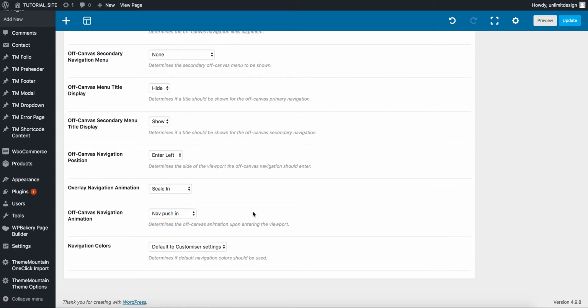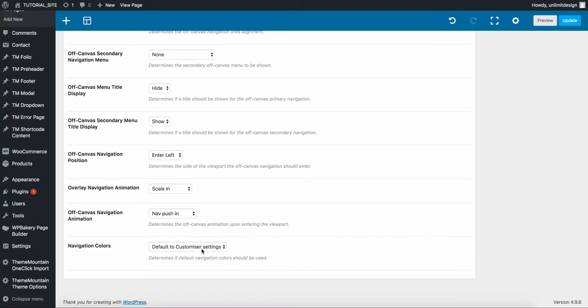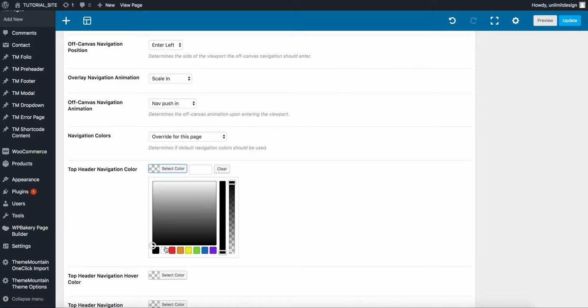Now again, all of these options have a lot of different settings, so I suggest you go through and play around with them. Now the last thing I'm going to do is to change the default navigation colors, since we have the navigation overlaying in our hero. So I'm going to go ahead and select override for this page, and then I'm going to go ahead and select the top header navigation color here. So I'm going to set that to, let's say,